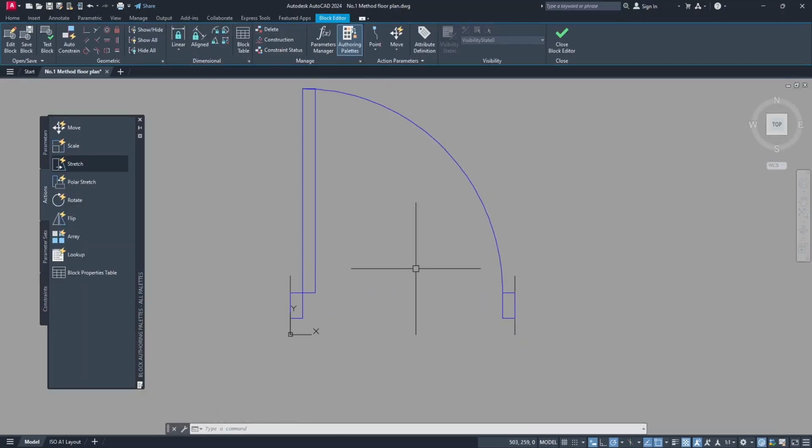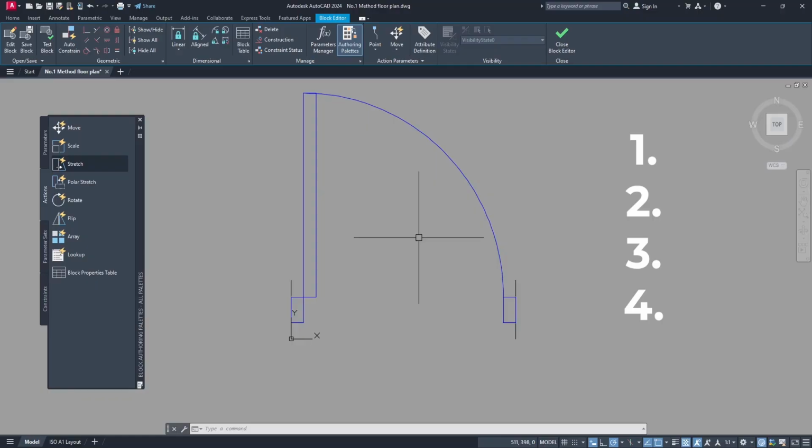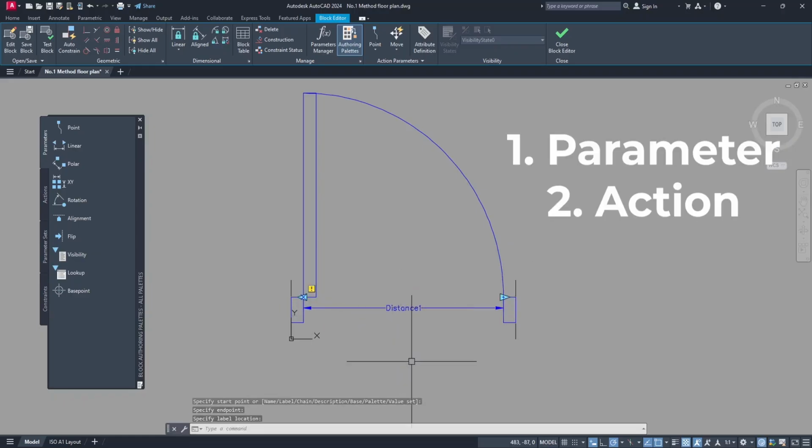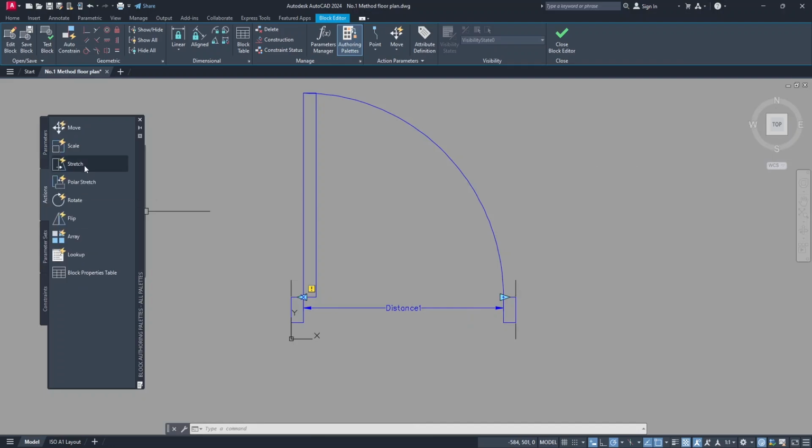We are doing just 4 simple things. First, click parameter, then linear. Click the 2 opening width points. Drop the label at the middle. Second, click action, select stretch, select parameter, pick this point, draw a frame,